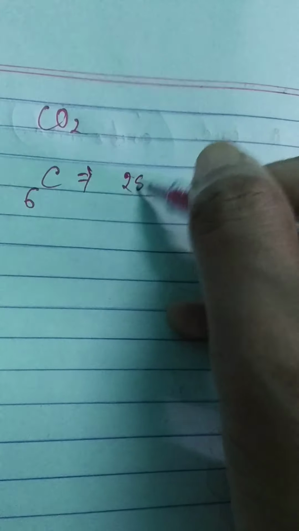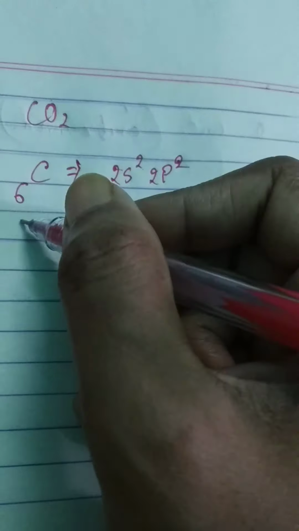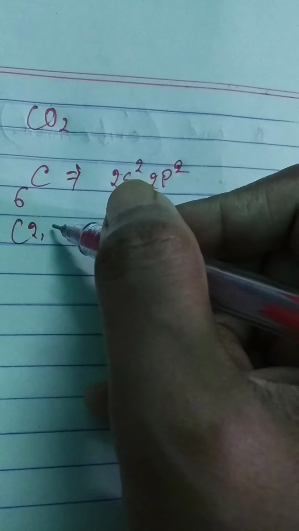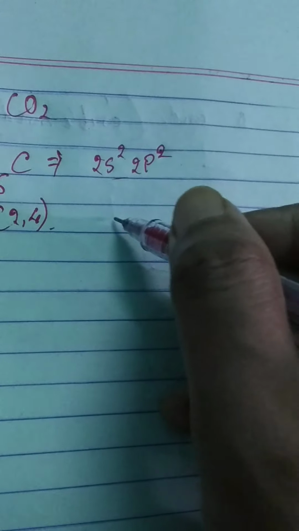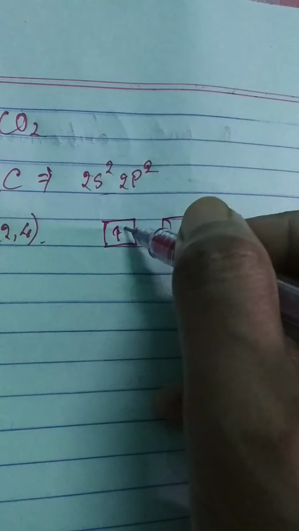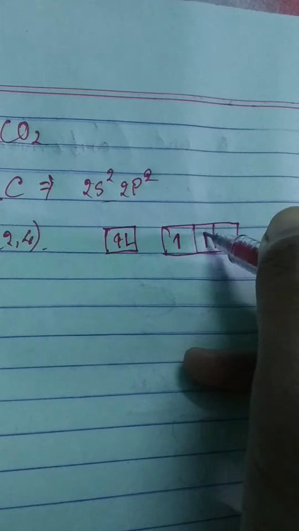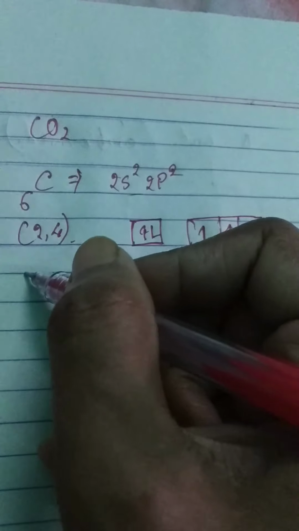So carbon configuration is having 6. So last shell configuration is 2s2 and 2p2, okay. So we have to start, if you want to do shortcut, you can do by 2, 4, right. So 4 I am writing like this. So now I'll write the box form. So box form will be something like this, okay. So 2s2 means 2 electron, here will be 1 electron. So this is coming from your 2s2, this is coming from your 2p2. So this is in the ground state, okay.